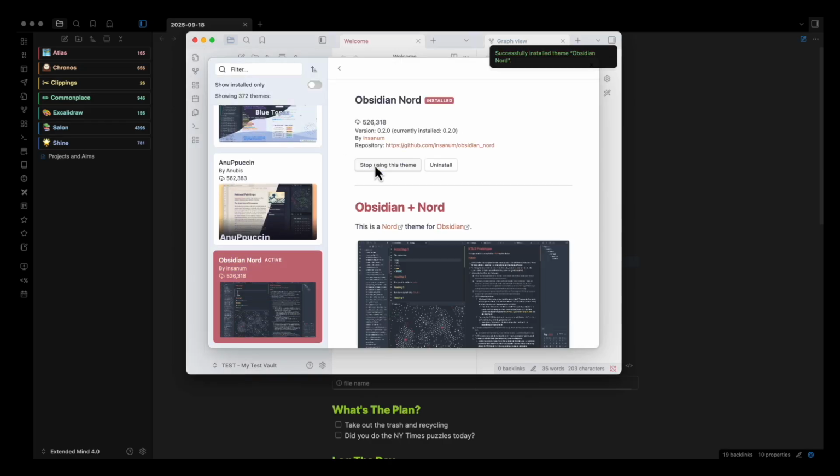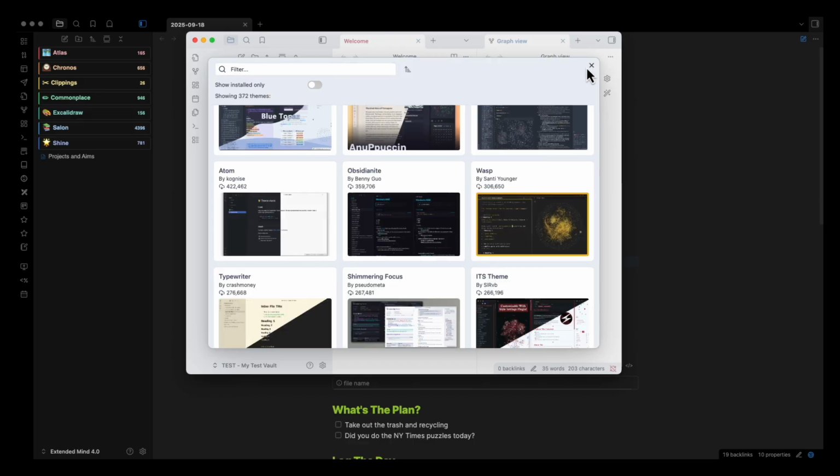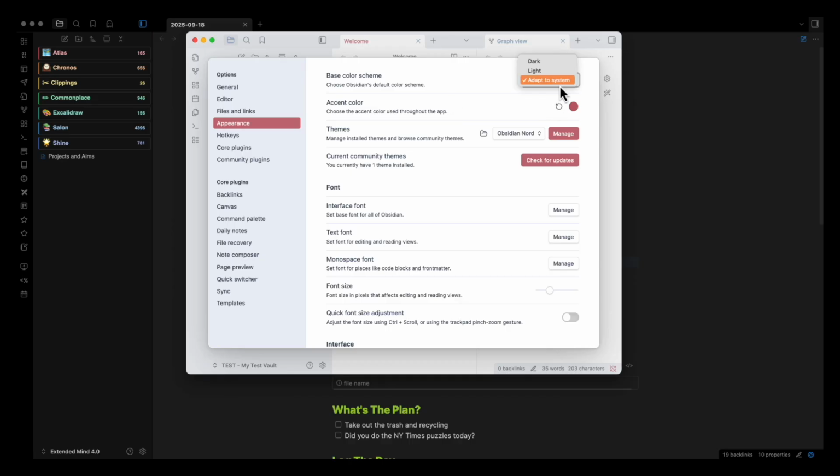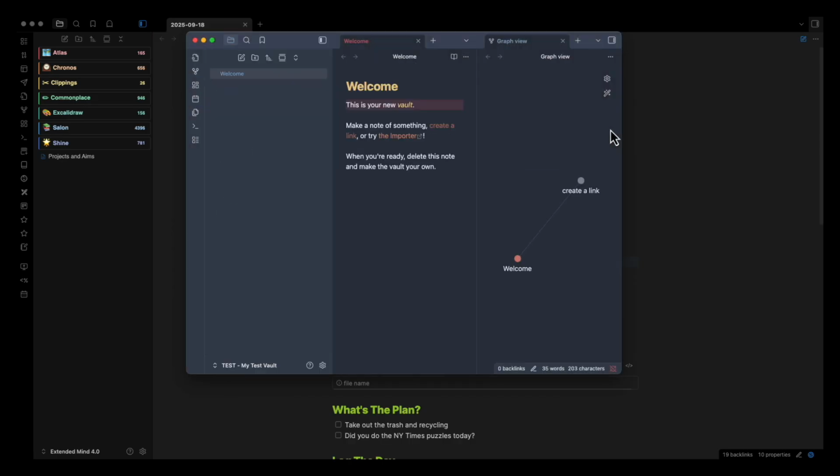But I'm going to take you one step further and actually show you how I do it so that I'm keeping a copy, or at least a pretty up-to-date copy, of my vault available to me so that I can test plugins on a fairly reasonable copy of what I'm actually using. And so about once a quarter, I will make a copy of my full vault and then open it as a new test vault and test everything on that. So let me walk you through what that process looks like.